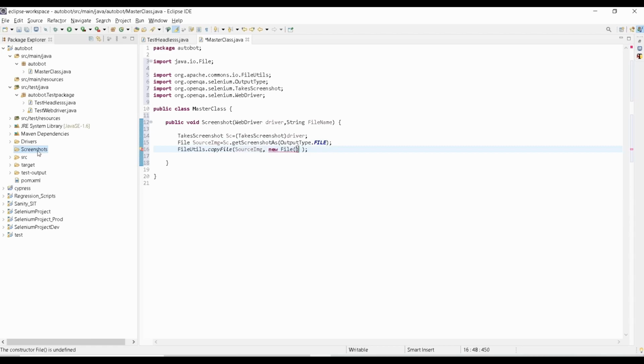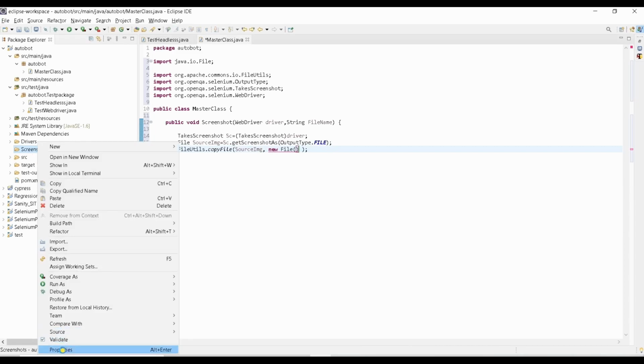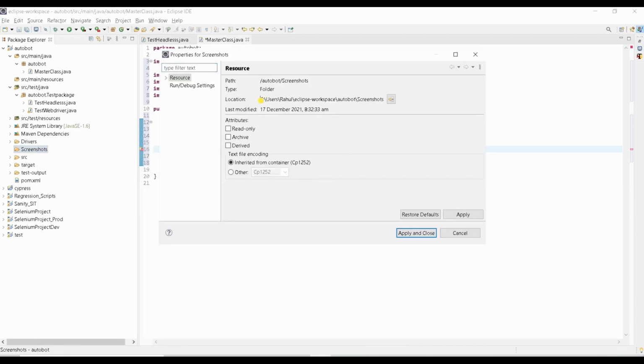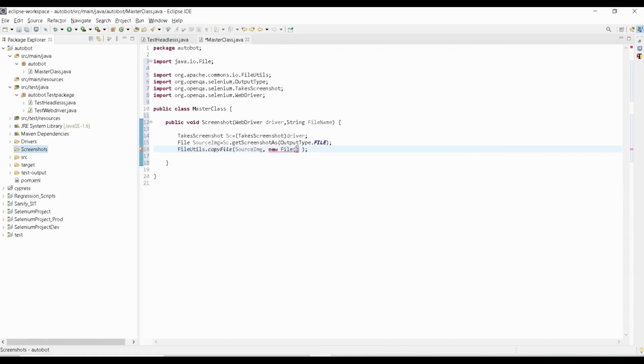For that what I'm going to do is, let me take the path, go to properties, take the path of this folder, inside double quotes let me put it, and double slash, then we have to get the file name, right?